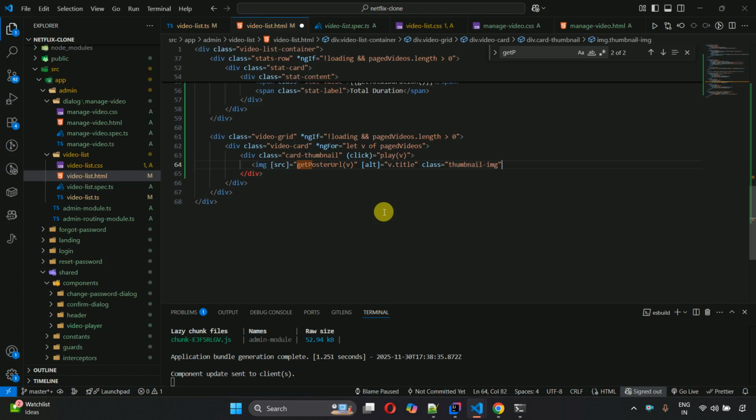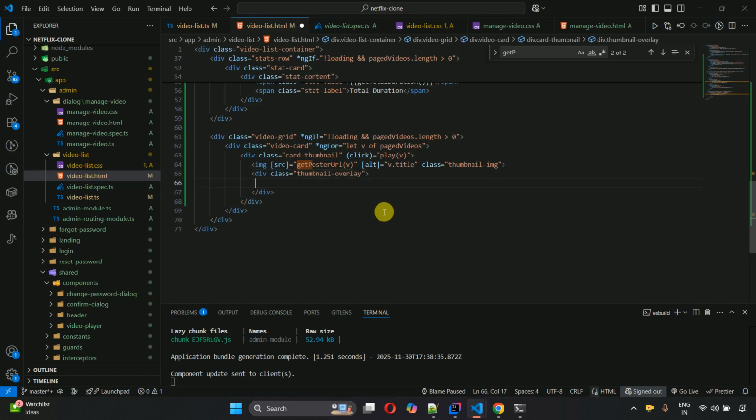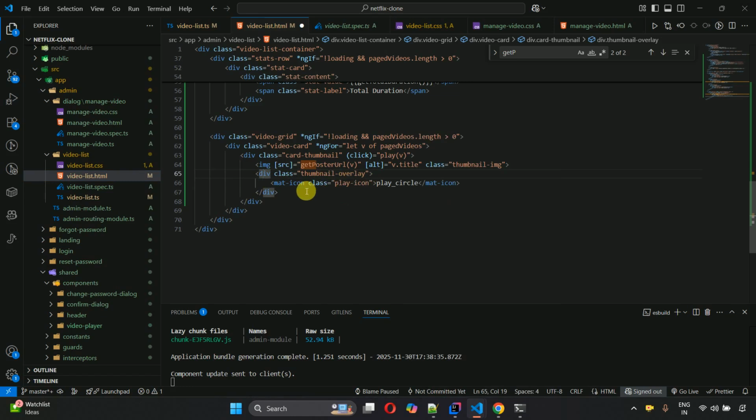And then we have to show the play icon. So div class thumbnail-overlay, instead of image overlay we have to write, and in this one we have to show mat-icon, and the class play-icon, and in this one play_circle. And outside of this particular div, which is thumbnail-overlay, we have to create one more div, class status-badge,